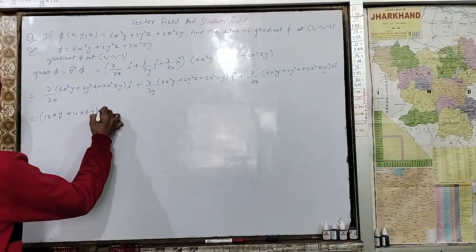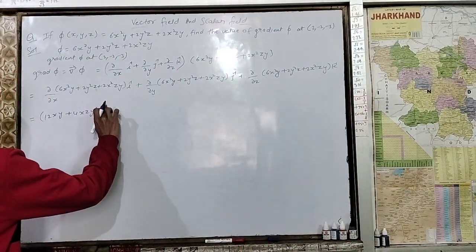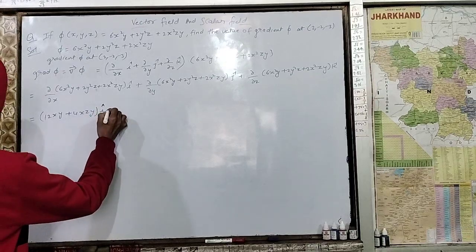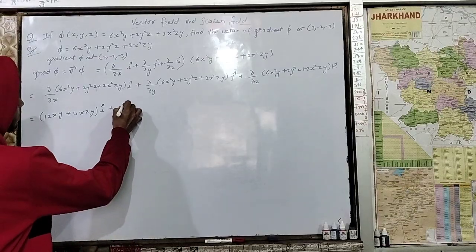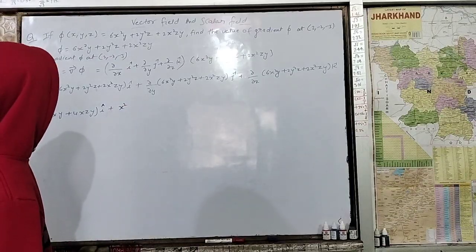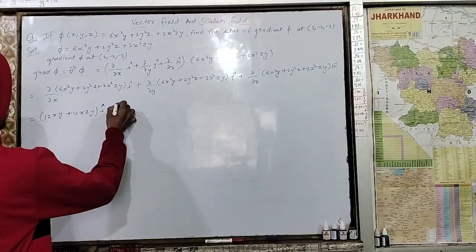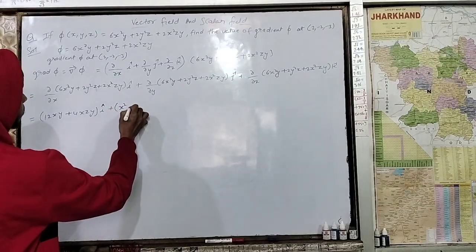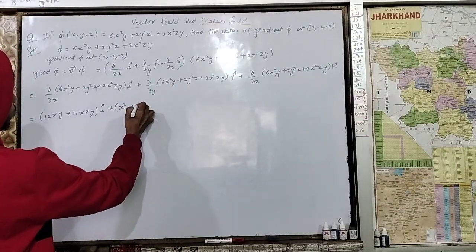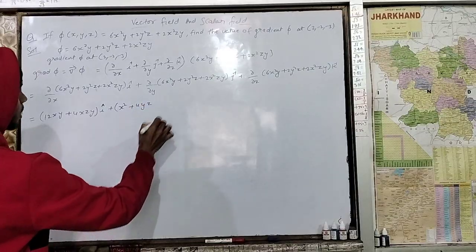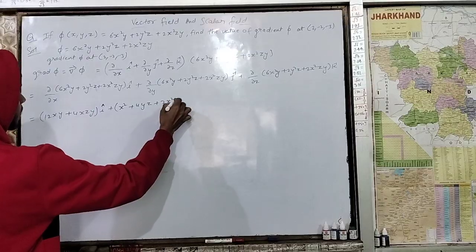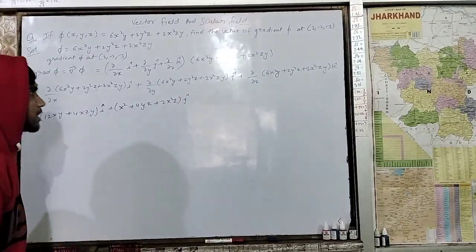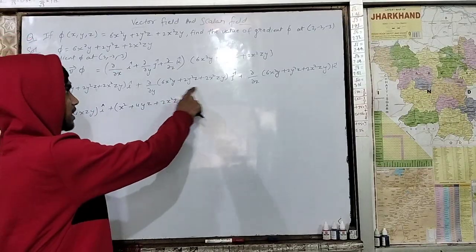It is along i cap. Got it? Now over here, this will become x square, plus 2 times 4yz, plus 2x square z. Am I correct? Yeah. Each term in this bracket